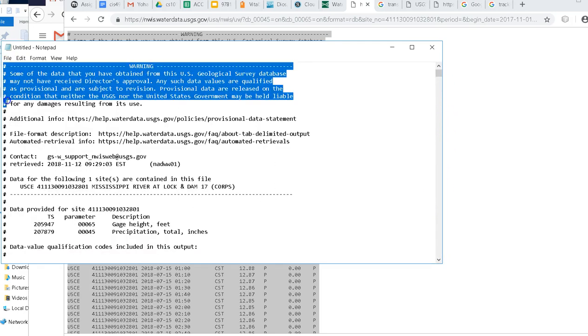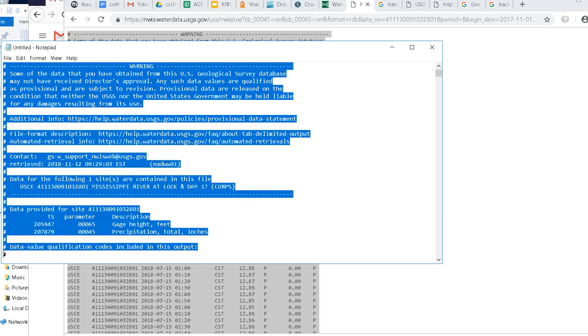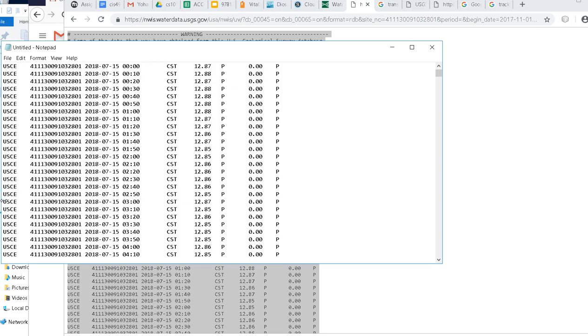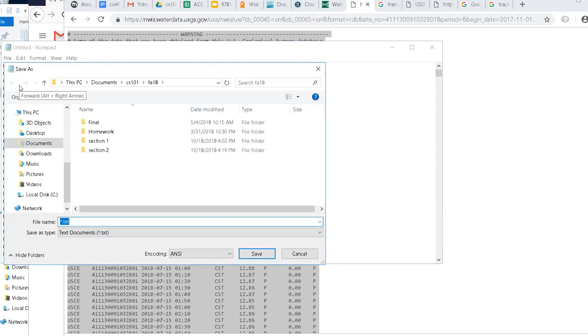This data here with the hashtags, those are comments. Some programs don't need the comments removed. It will automatically know to do that. But I haven't got that to work with Google Spreadsheets. What we're going to do is import this data. So we're saving it using Notepad, saving it to a file, backspacing after selecting that text, and now saving it, Control S or File, Save, and I'm going to save it to my location where I'm going to remember. I'll call this river data